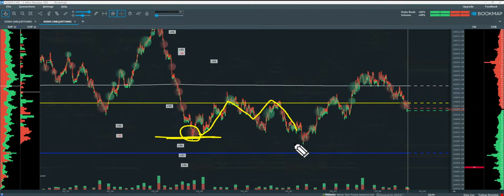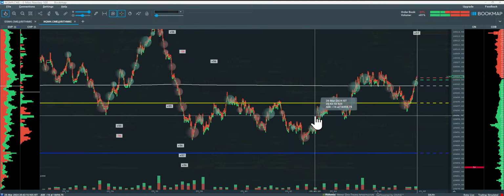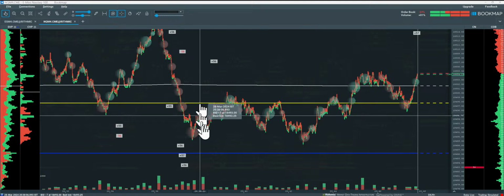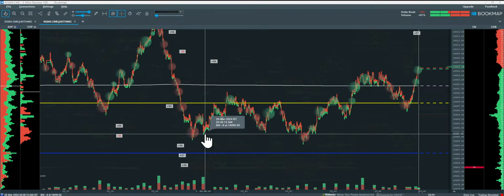After that, what does he want? After he's absorbed this huge amount of sellers, what does he want? He wants the price to move in his direction, at least for some points. It depends. All these big institutions and big money, or the smart money as some call it, are there for some amount of time, some amount of points, some amount of money, of course. So some will get out here, some will get out here, but we don't know.